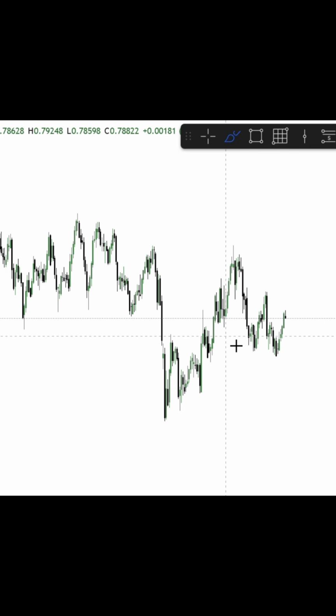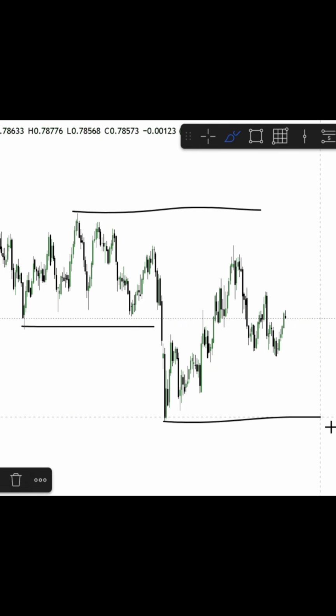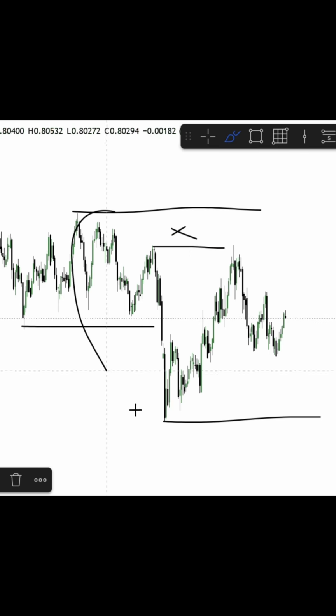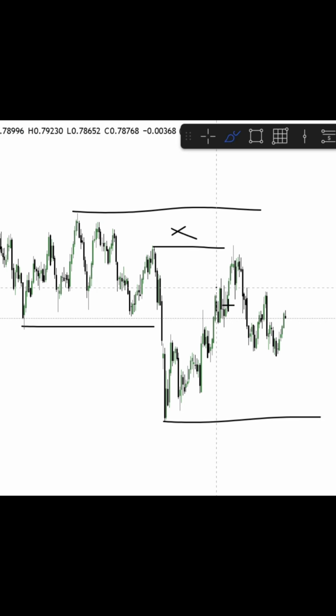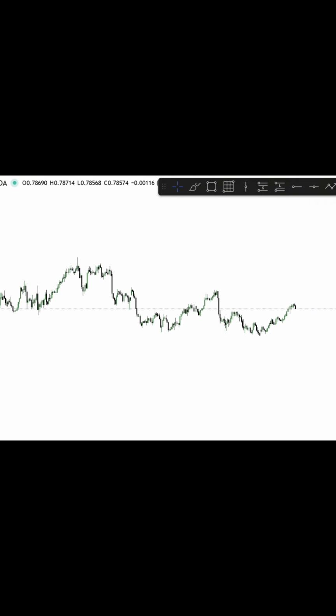And for the final dollar pairs of the day, we've got USD Swiss, USD Yen, and USD CAD. With USD Swiss on the daily time frame, we've got our break of structure with our swing high and our swing low. We've liquidated a high within this overall impulse in towards the downside, which then caused a bearish change in order flow. If we go down onto the 4-hour time frame,